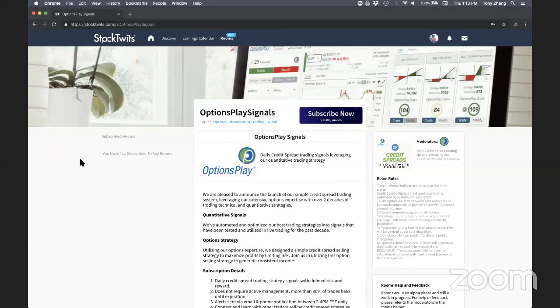Will you be using mostly ETFs or stocks? So like I said, we have a healthy mix of both. We have S&P 500 stocks as well as about 40 different ETFs included in our list. So we have both.